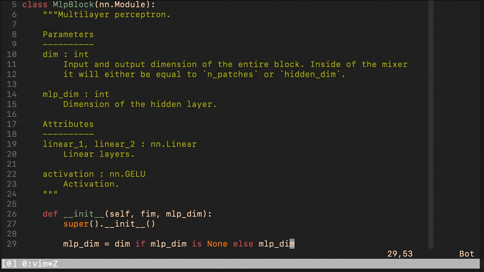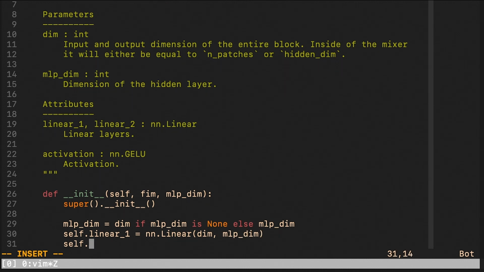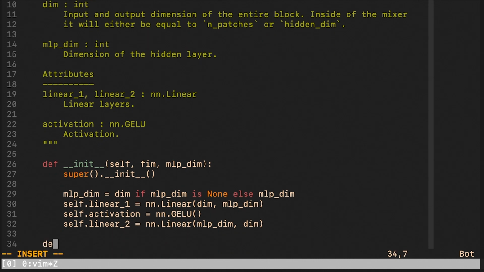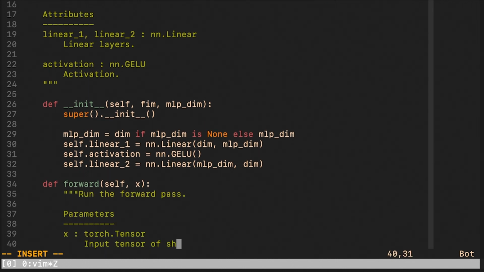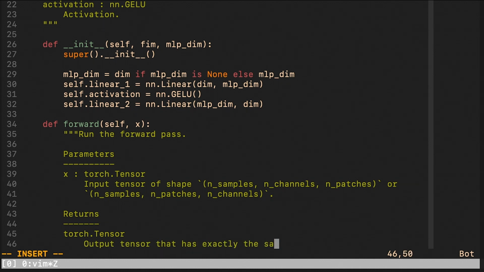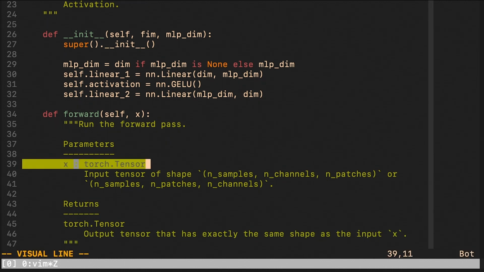So if the MLP-DIM is not provided, we just set it equal to the DIM. And we instantiate 2 linear layers and 1 activation, namely the Gaussian error linear unit. And now we're ready to write the forward pass. So the input tensor can have 2 different shapes.